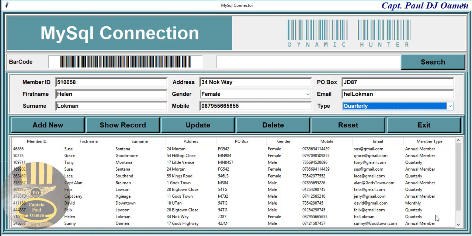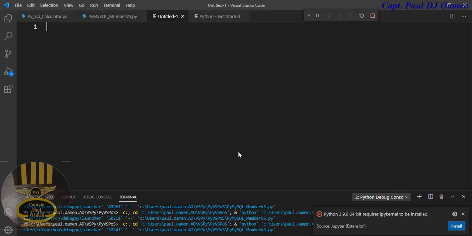Okay guys, so what I'm going to do now is I'm going to take you guys straight into the Visual Studio development environment, and we'll put one of these together. Okay, let's start a new project. I'm going to exit out, and right here the first thing I'm going to do is import as follows: import tkinter, and now we have to import star there, and we will import the following as well,